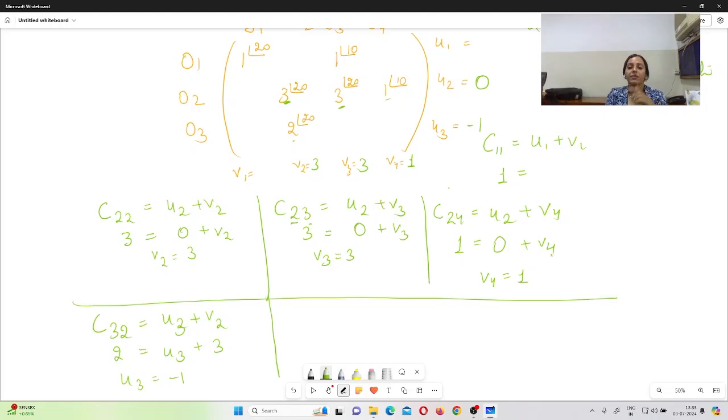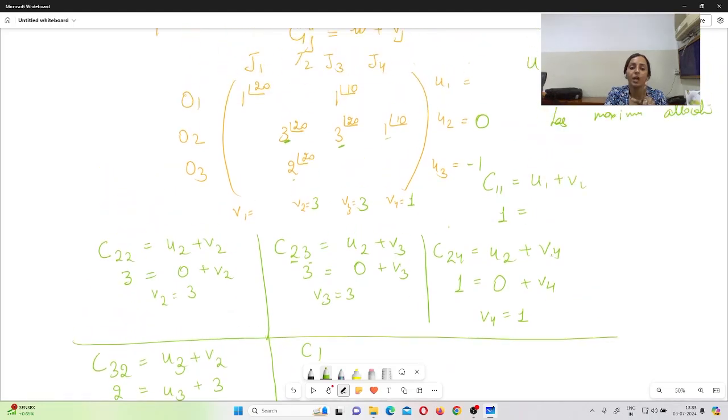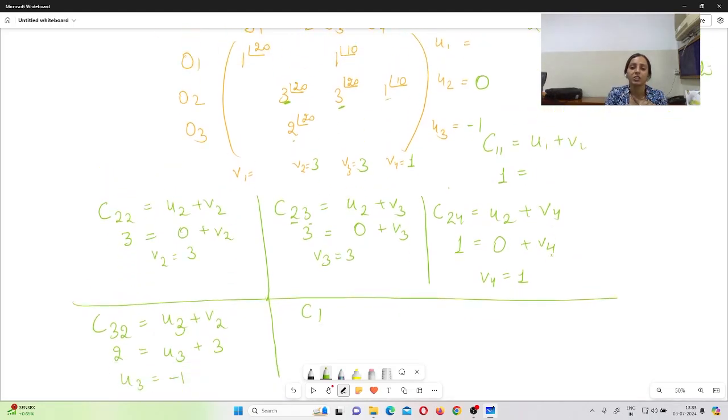Are we able to find C11 now? It's U1 and V1. But now we still do not have the values of U1 and V1. So starting with the next one, that is C13. The next allocation starts with 1, C13, and the cost is 1. So write it over as C13, that is the cost is 1, equals